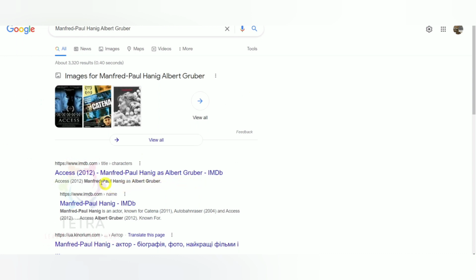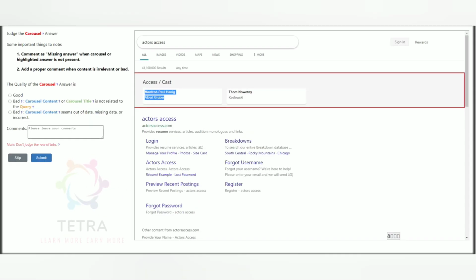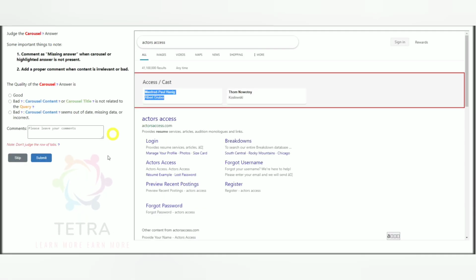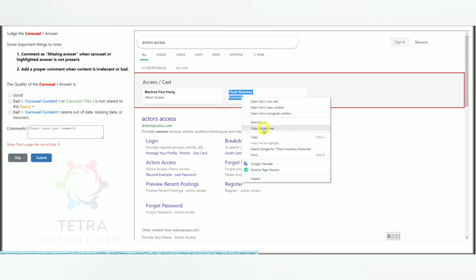Okay, so this may be related. Always, in this HITAPP, we have to check every result carefully. So just actor access, in this case it is not good, but it's relevant. We cannot say it is irrelevant. Let's check this one also, so we would be more confident about the judgment.